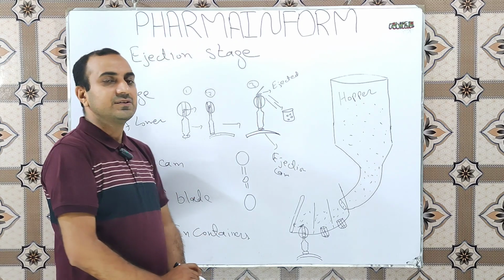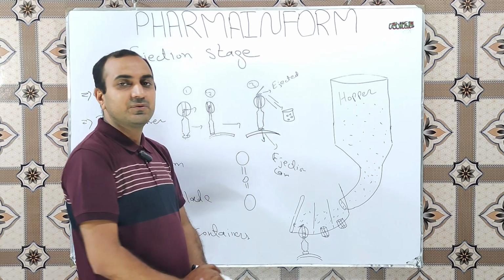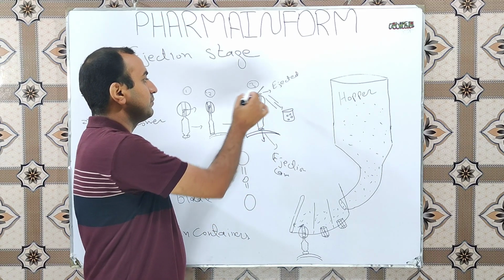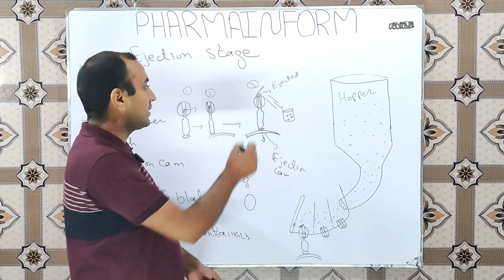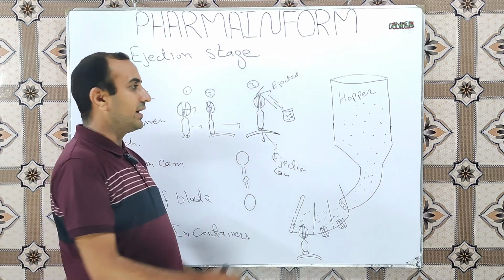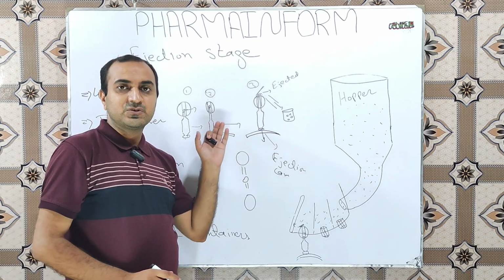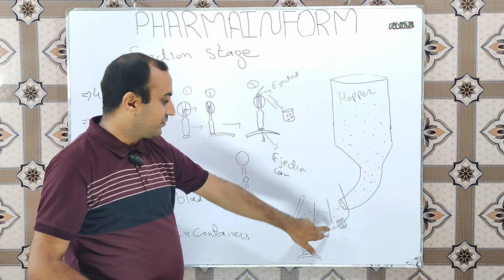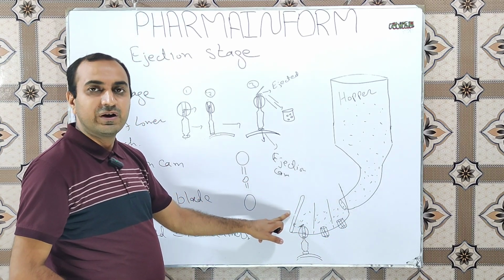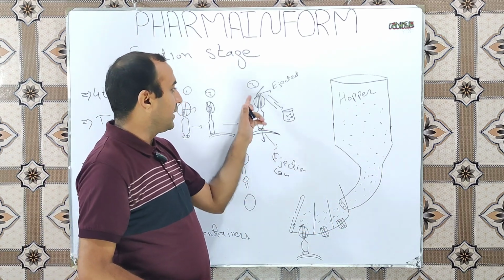In the third stage, you can see that when the punch head is at the maximum height of the ejection cam, the punch tip pushes the tablet and the tablet comes out of the die. When the tablet comes out of the die, it strikes the swipe blade. This swipe blade is attached to the back side of the feeder. Meaning here we have on one side the tail over the die, and on the back side we have the swipe blade.